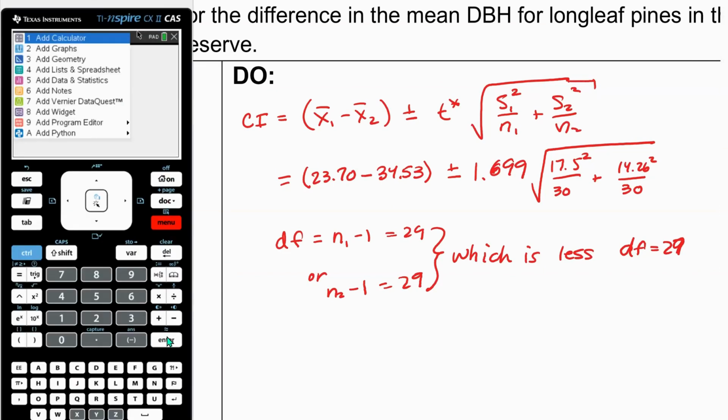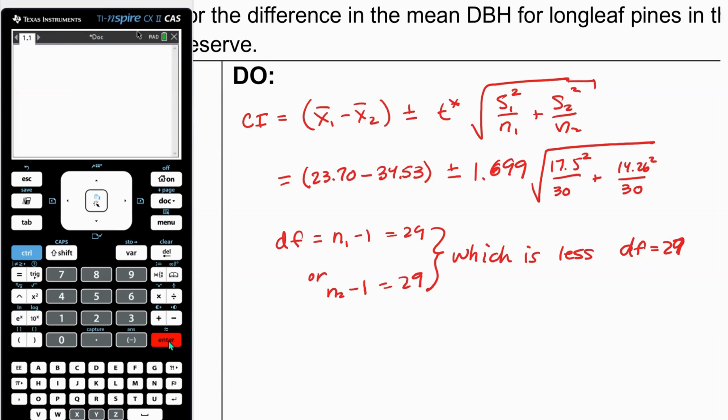So let's go to a calculator page where I'm going to put in 23.7 minus 34.53. I'll go with the minus sign first,